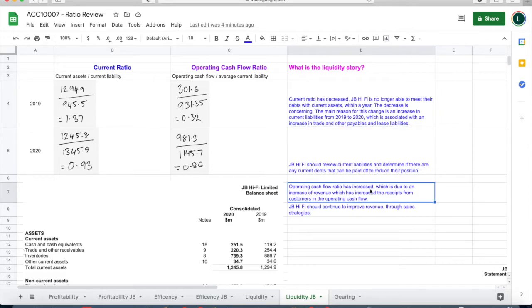Then let's have a read of our operating cash flow ratio. So it's increased, which is due to an increase in revenue, which has increased the receipts from customers in the operating cash flow. As I mentioned, that is because we've had an increase in revenue from our P&L from 2019 to 2020. So JB Hi-Fi should continue to improve their revenue through sales strategies. You can come up with whatever other recommendations you can there to improve their position. But that's done. That one's a fairly nice one because you've got that tool of 1 for our current ratio here,